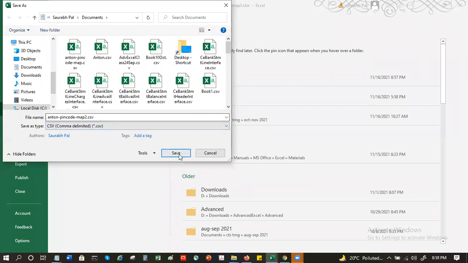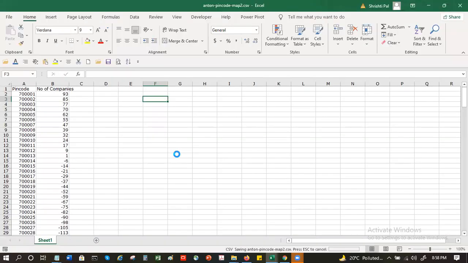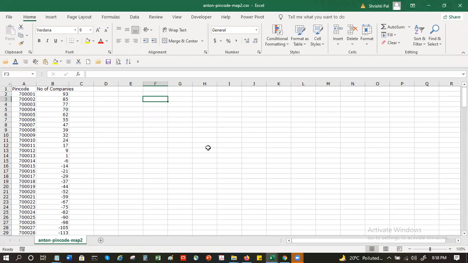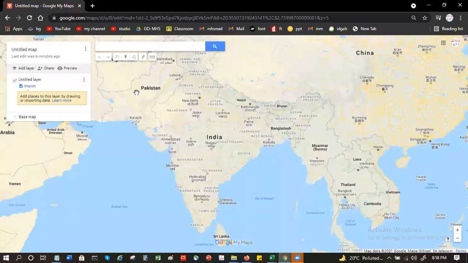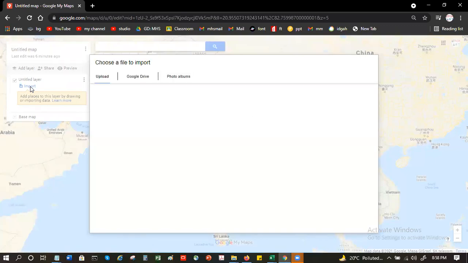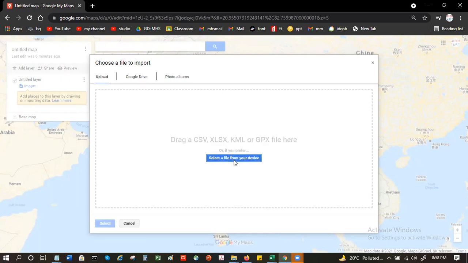So, comma separated value file. Perfect. And I now close this. So I go back to my map here, and there is an import option. I import, I select the file.